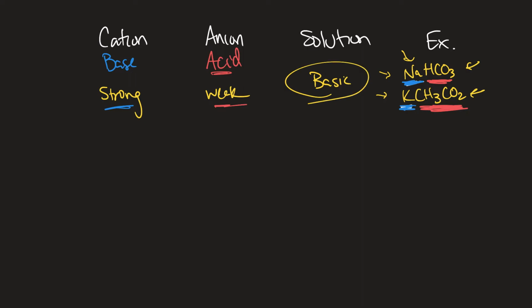Now how is that so? Let's look at this example here. If we have the hydrogen carbonate, or bicarbonate, which we're going to use as an example, here's your bicarbonate, and if it's in water, the bicarbonate is going to act like a base. Because when you think about it, it's going to be the conjugate base, since originally we have